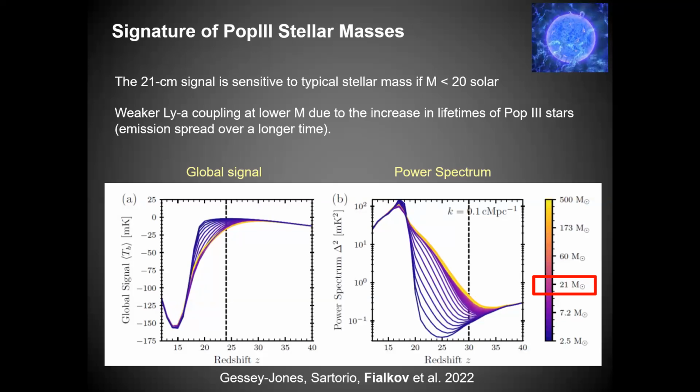So if stars were all very light, the signals will change as a function of stellar mass, both global signals, so the sky average, and the power spectrum in fluctuations. But if we take very massive halos, stars in yellow, if all stars were as massive as 100 solar masses, we don't have this information anymore in the 21 centimeter signal because they all will produce similar